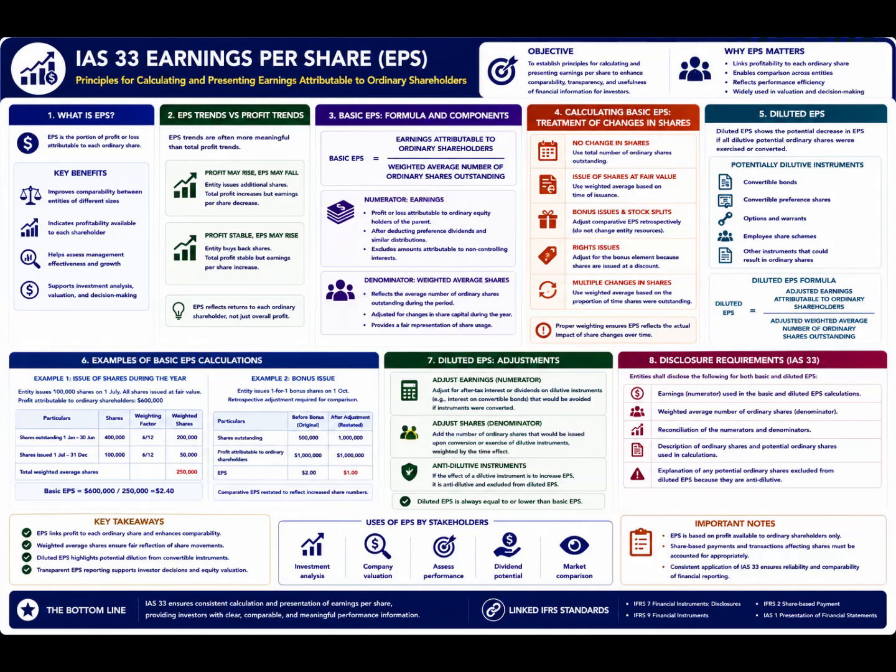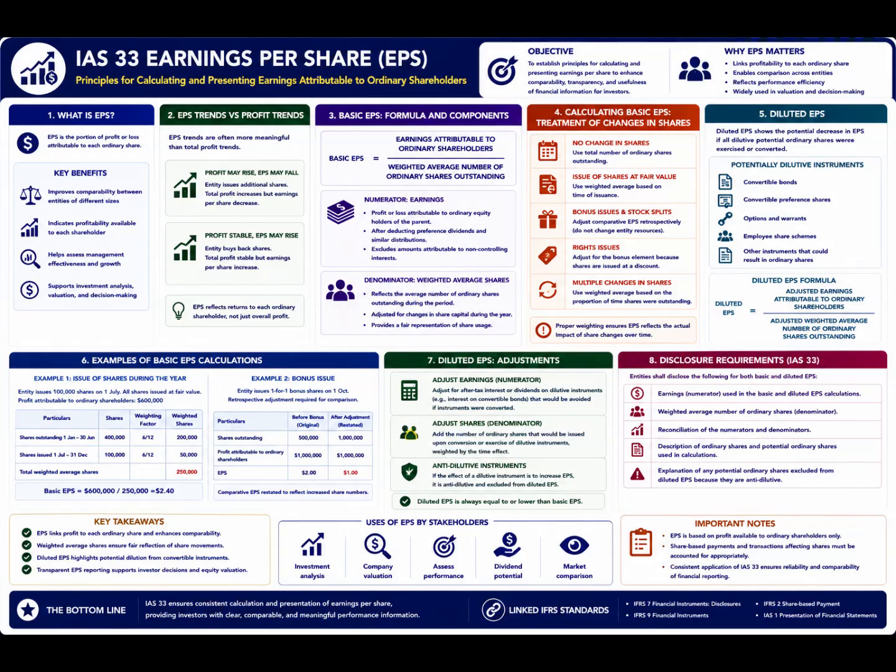IAS 33 requires different EPS calculation methods depending on changes in ordinary shares during the reporting period. When the number of shares remains constant throughout the year, calculation is straightforward using total shares outstanding. If shares are issued at fair value during the year, the weighted average number of shares must reflect the timing of issuance. Bonus issues and stock splits require retrospective adjustment of comparative EPS figures because they increase share numbers without